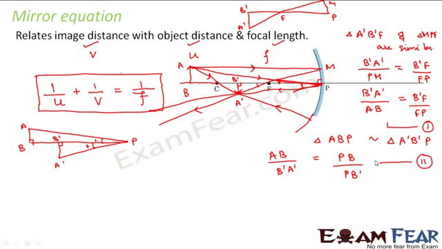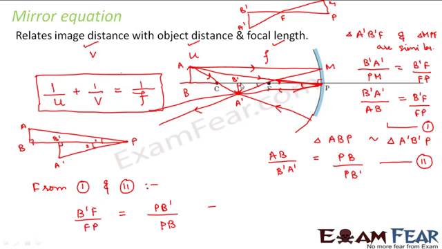If you compare equation 1 and equation 2, you see that the right hand side has similar values, right? So from equation 1 and equation 2, we can say B dash F divided by FP is equal to PB dash divided by PB. Now from this, if you look at this figure, you can see that B dash F